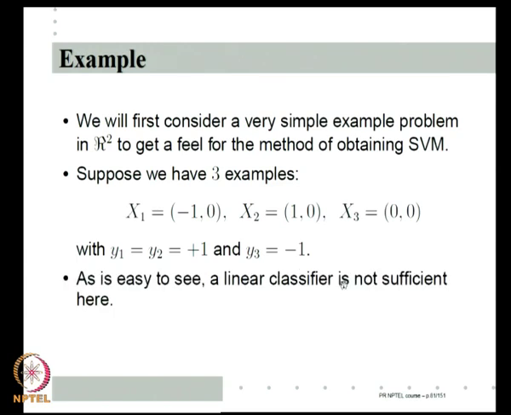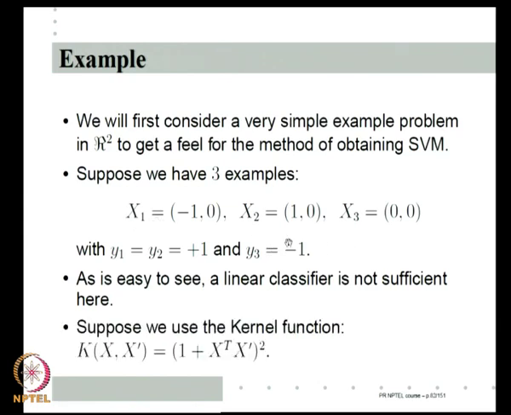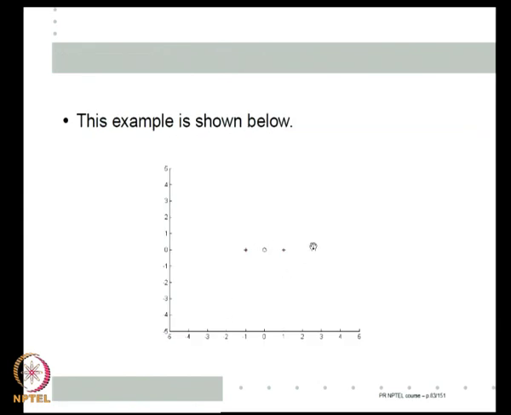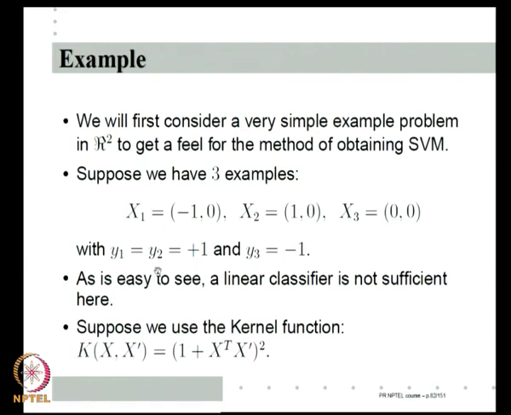For all that it is simple, a linear classifier is still not sufficient, right, because this is my problem. This is one class, the 2 stars are in the same class and the center circle is a different class. So, this is not linearly separable, they are in a line, as we have already seen, 3 points which are collinear cannot be shattered by hyperplanes. The middle point is one class, the outer 2 are the other class. So, for all that it is a very simple 3 point problem, it is still not